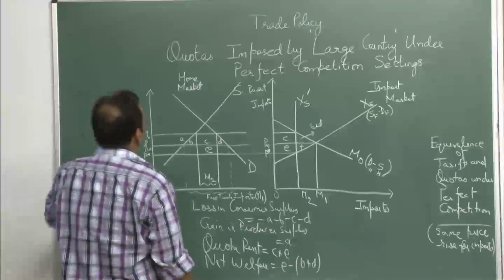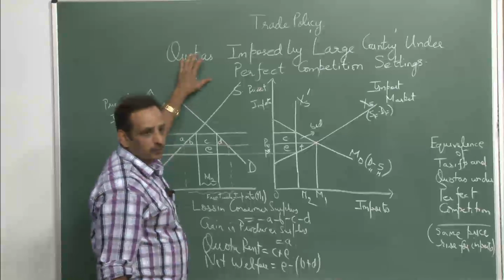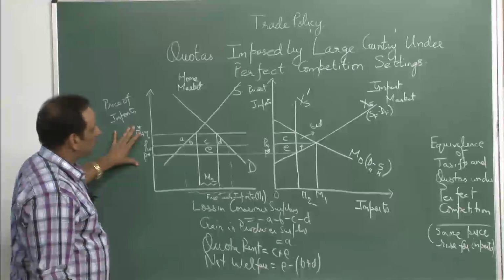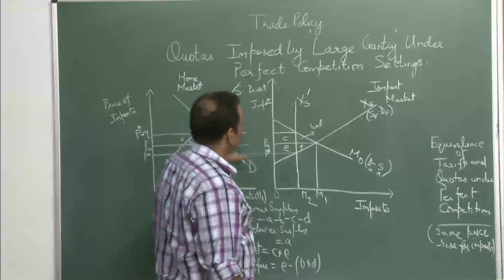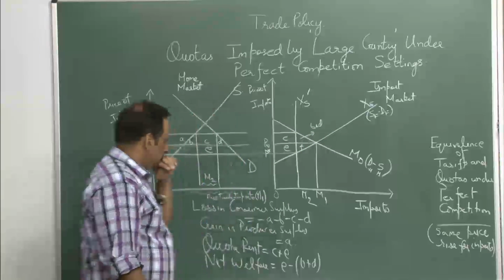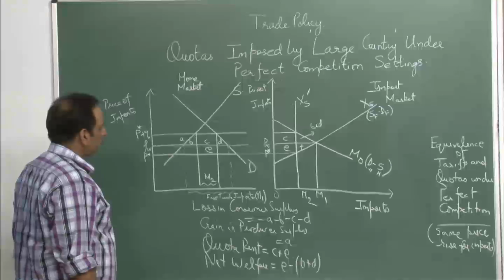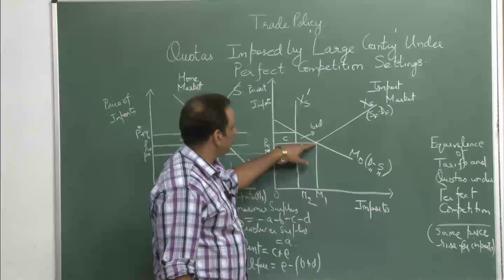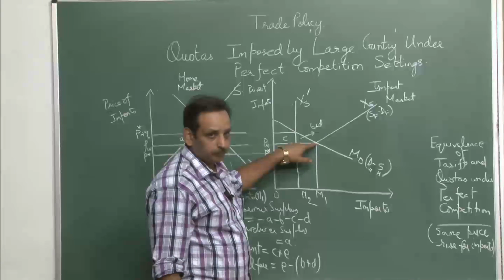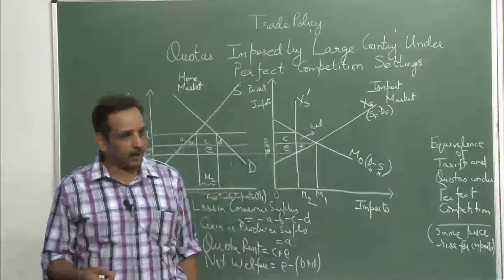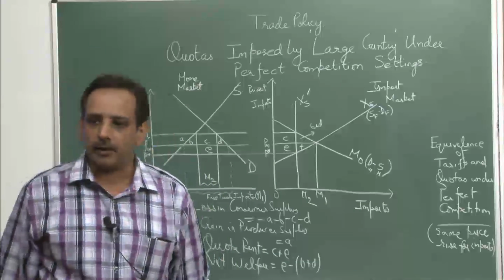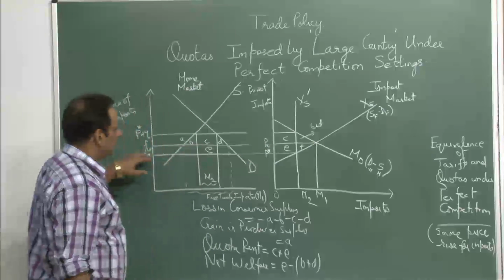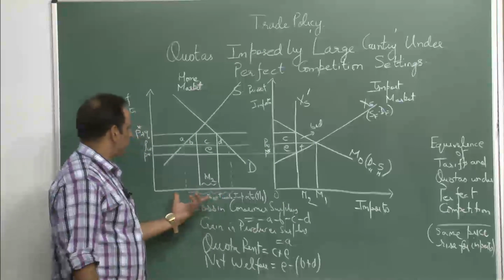Now, yesterday we had discussed the case where quotas were imposed by a small country. The difference between that diagram and this diagram is that the export supply curve that this country faces is upward sloping. Again, the world prices are where export supply is equal to import demand, which is equivalent to saying that whenever world demand is equal to world supply, that is the equilibrium price. So, these are the world prices. The free trade imports are